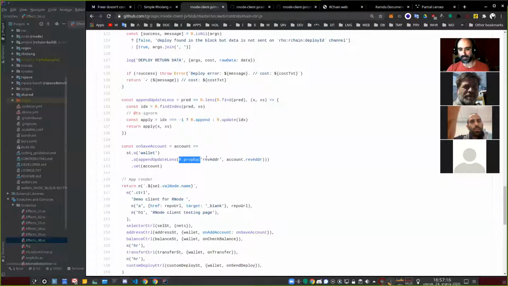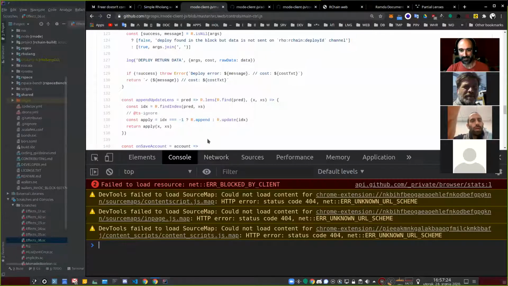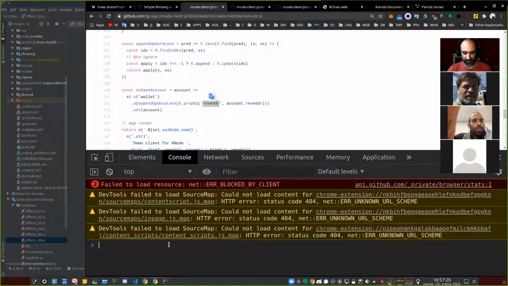So now I'm also using this shortcut, this helper function from Ramda to select a property. So just not to be confused, this represents this stuff. So this function is equal to this function,